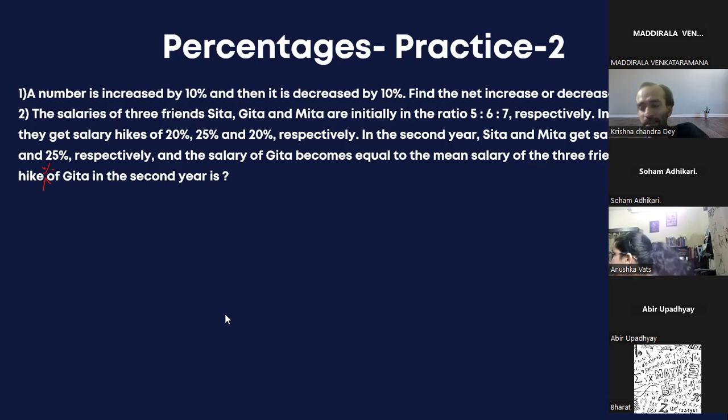Always go by X, Bharat. 99% of questions, except one or two. Maybe the first one you can take as 100 and do. Every question, take it as X and do. Otherwise in ratio, proportion, percentage, time and work, mixture, alligation, you will get stuck. Play around with X, Y, always with a variable. That's the reason I do algebra first. Yes, sir. No, Shrija, the first one is not right.